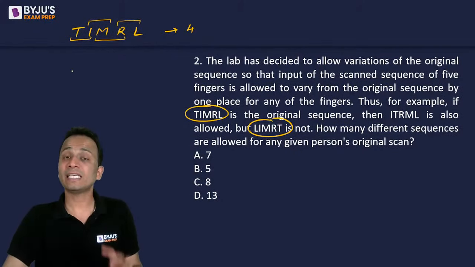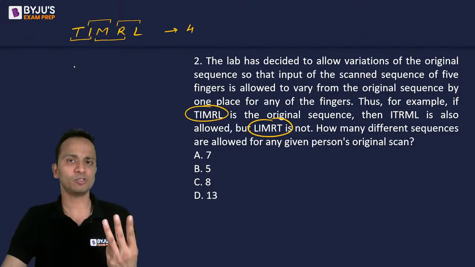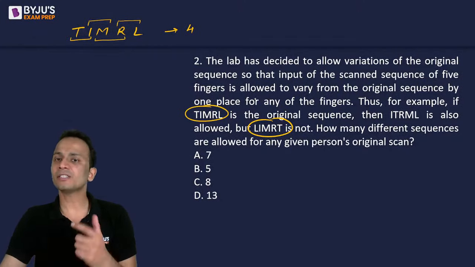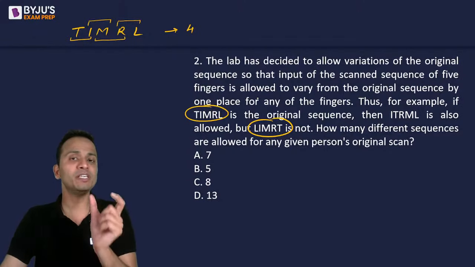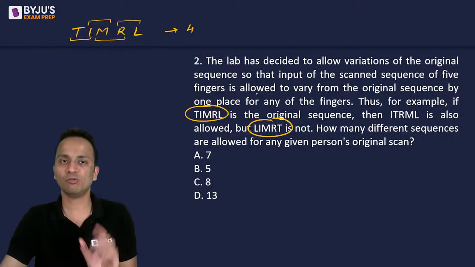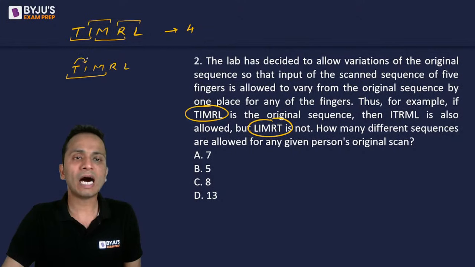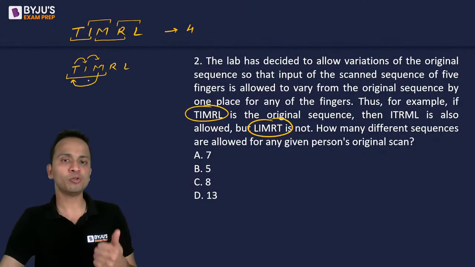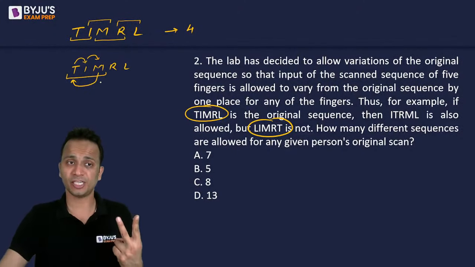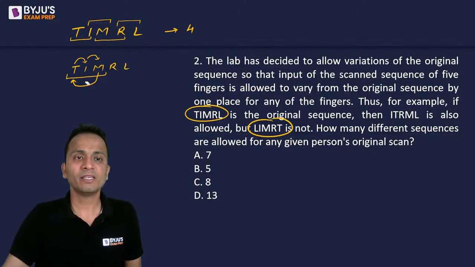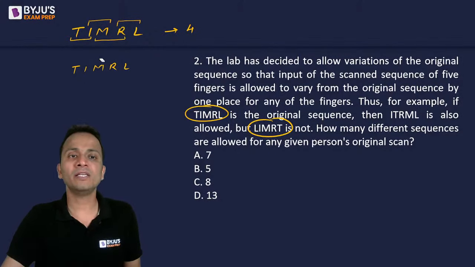Now next is exactly 4. अगर exactly 4 out of place होंगे, because 3 out of place नहीं हो सकते. What is happening here is the exchange between two finger scans will be allowed. So if I let's say consider 3, TIMRL, if let's say these three will be out of place, so T can go here, I will go here. So M cannot come here because M की जो place में change है वो two places का change आ जाएगा, right? So that is why interchange cannot happen in 3.